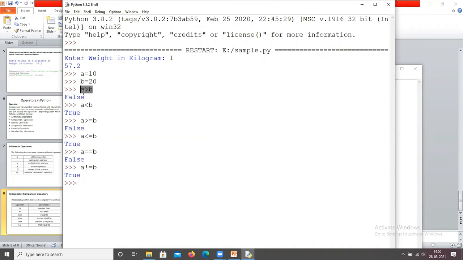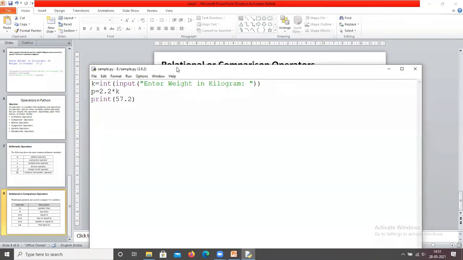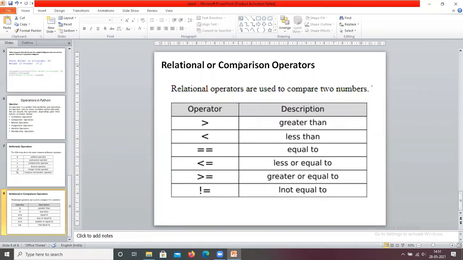If the condition is true, it returns true, otherwise false. So this is about conditional or relational operators, the comparison operators.